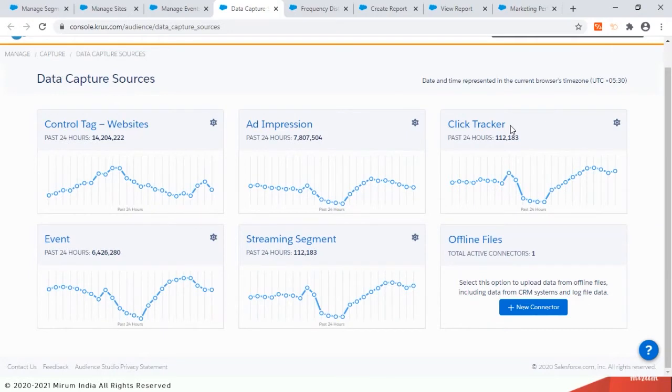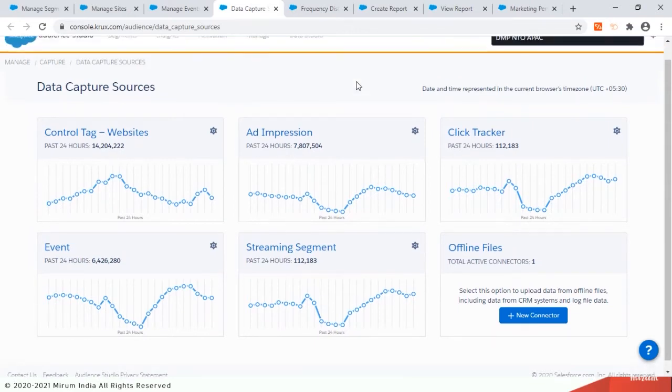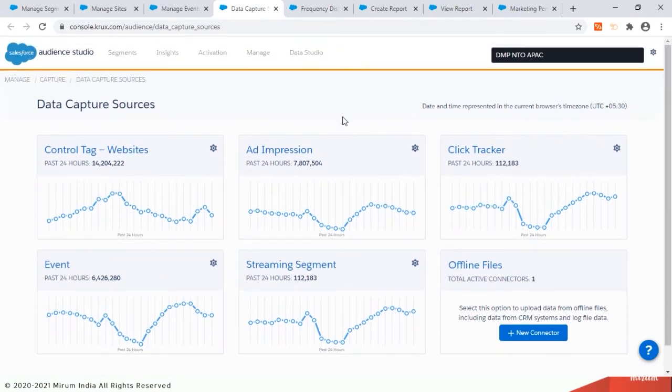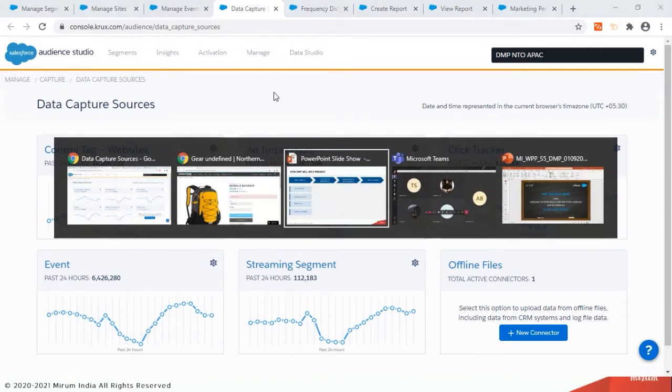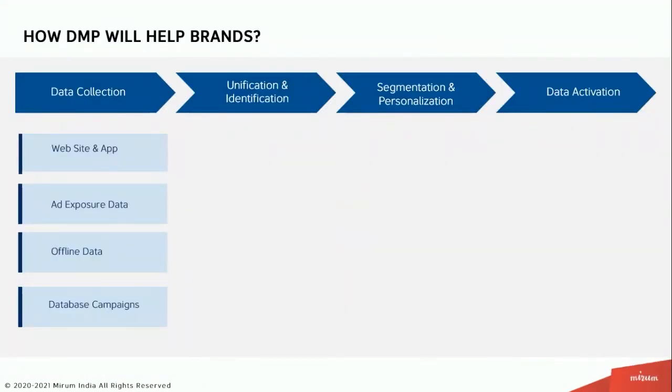In a nutshell, what we are looking at is any potential customer or visitor of NTO Retail, we are not letting go of his data anywhere from the platform, right? So we are capturing data on the website, we are capturing the events, we are also capturing the people who are not on the website, from whom the ad is being shown in the form of ad impressions and everything. That's how the DMP keeps on collecting data, and it's an ongoing event. So once we deploy the tag once, the data collection starts from there, and we can see that data inside the platform once the DMP has started collecting the data.